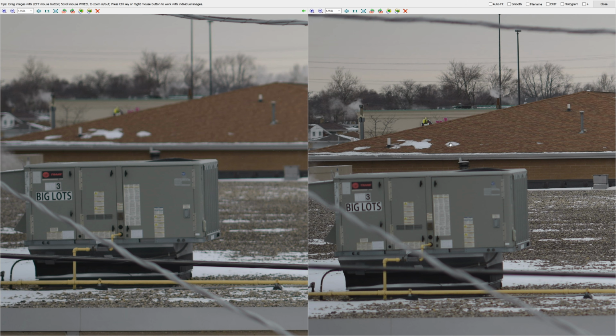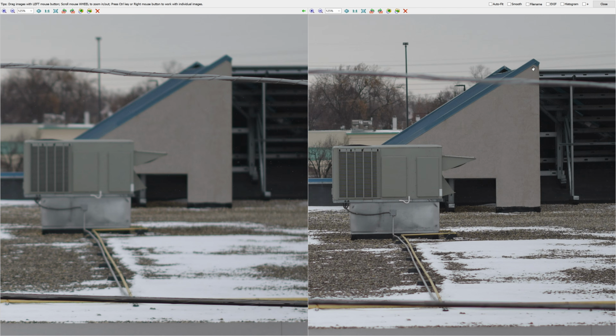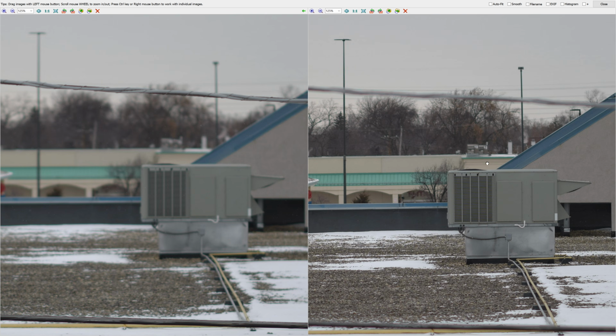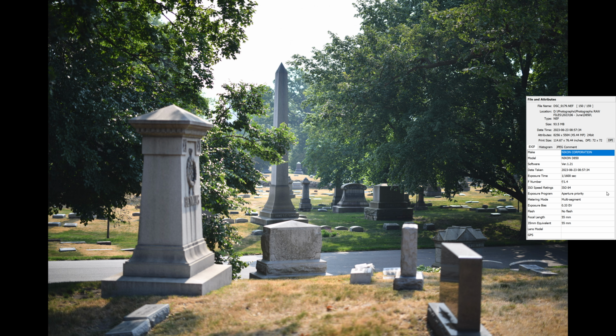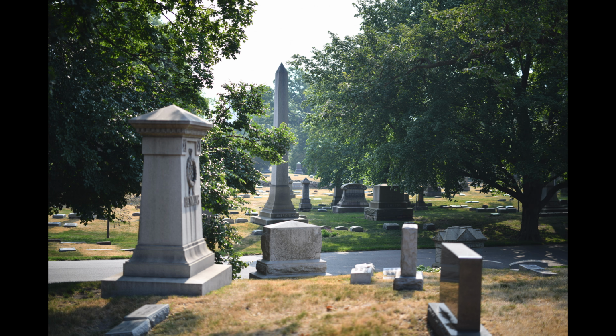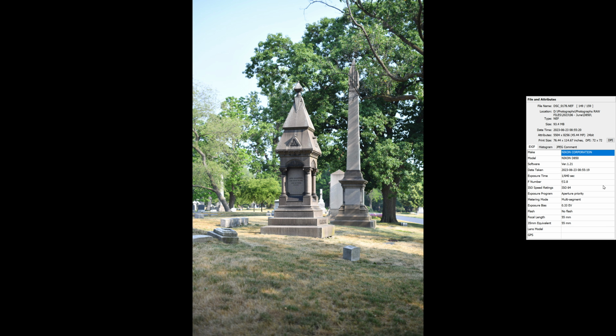Look at the roof behind. Well, the roof is obviously sharp here because I focused at the same distance, right? That was my focus point. Look at the distant background. And this is the same 55mm lens at 1.4. I focused over here. Now, if I had focused on this thing, then the background would have been a little sharper too. And this is also 55mm at 2.8.